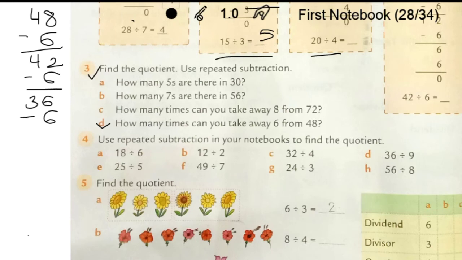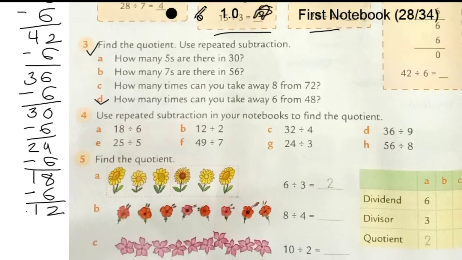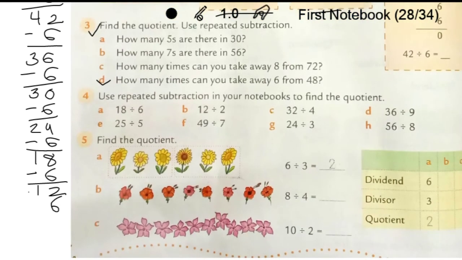Again minus 6, it is 30. Again minus 6, it is 24. Again minus 6, it is 18. Again minus 6, it is 12. Again minus 6, it is 6. Again minus 6,